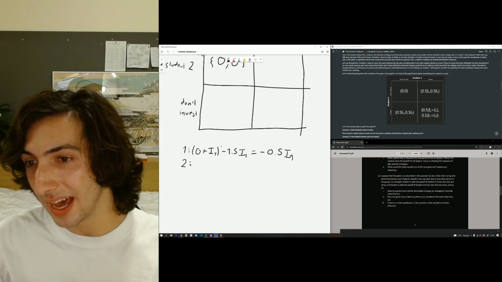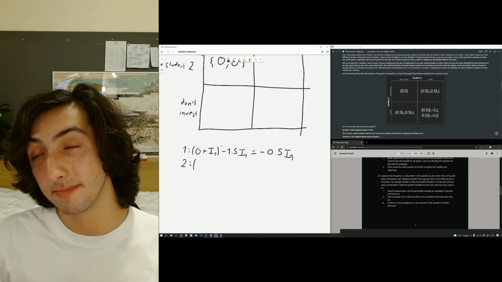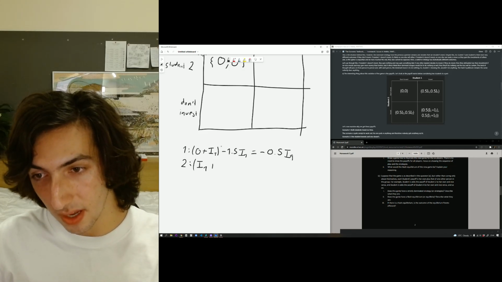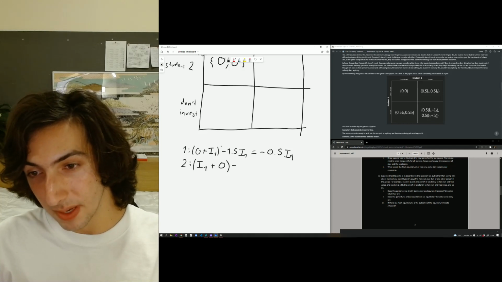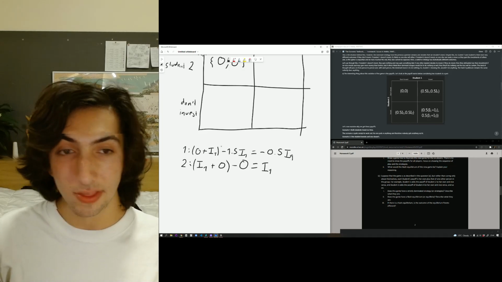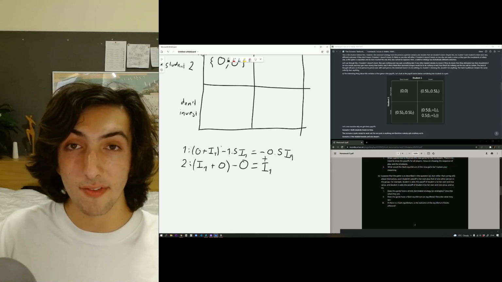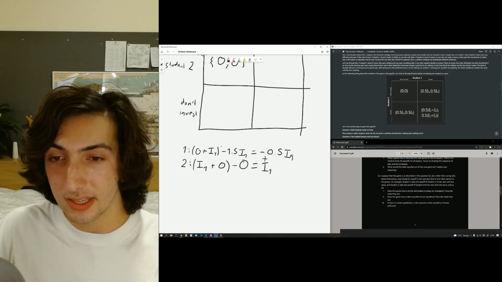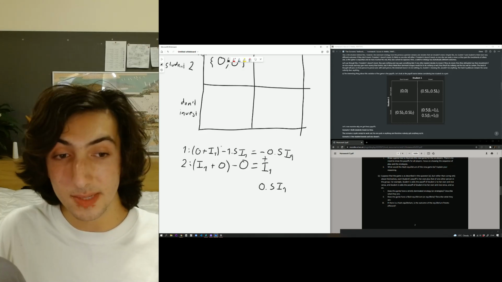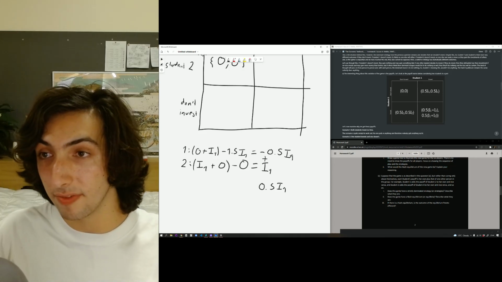Student 2, on the other hand, can freeload. Given that student 1 has already made an investment, they can take that as another person's investment while not investing anything. And because they haven't invested anything, they make no losses on this. So they get I1. Now the question says that we're going to add these two payoffs together. So minus 0.5 I1 plus I1 is just 0.5 I1. And given that we know these payoffs will be the same for both, both are going to gain 0.5 I1.